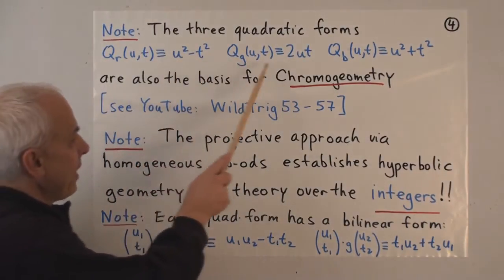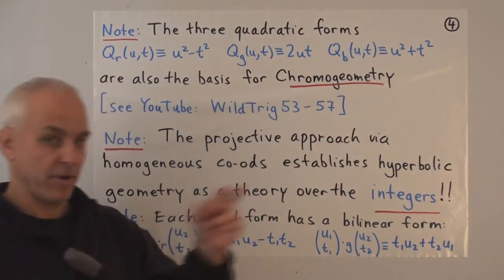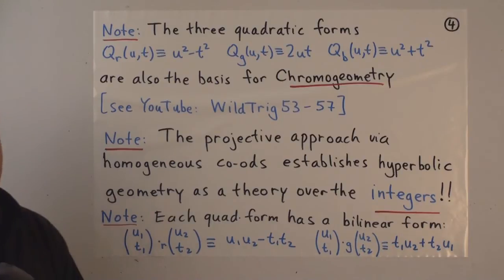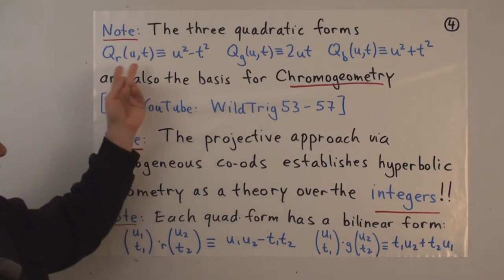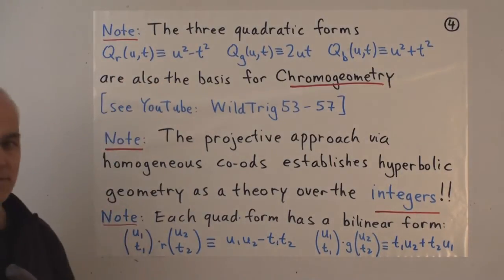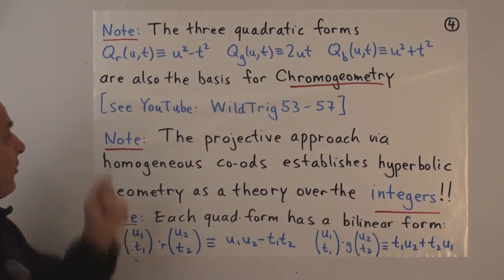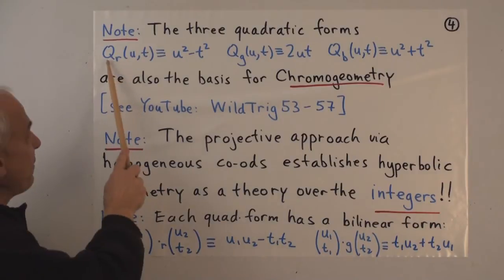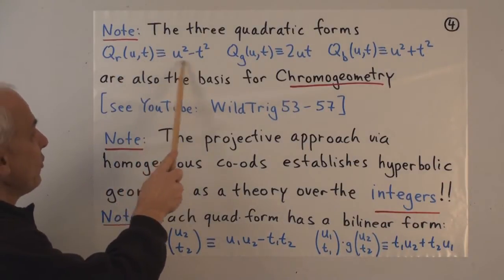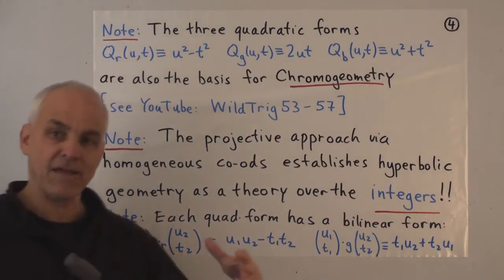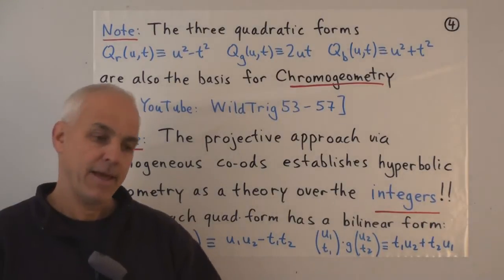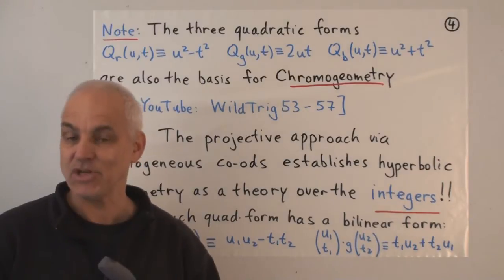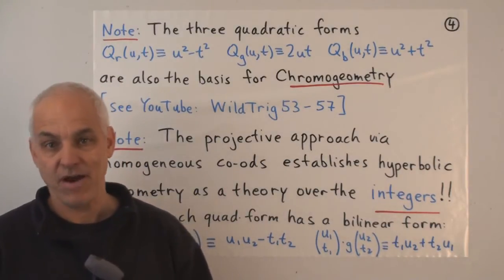These 3 algebraic objects that are occurring in the 3 positions in that formula are what are called quadratic forms in algebra. So if you think about a point, or perhaps a vector in space with x and y coordinates u and t, then this function of u and t equals u squared minus t squared is a quadratic form. It's really giving a kind of quadrants and determines a geometry in the two-dimensional affine space.